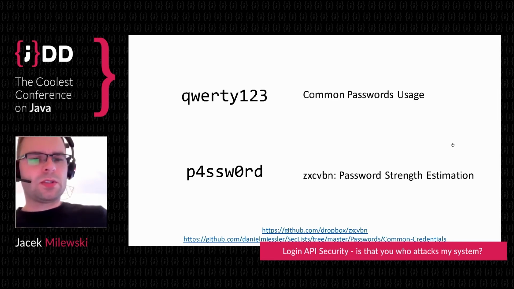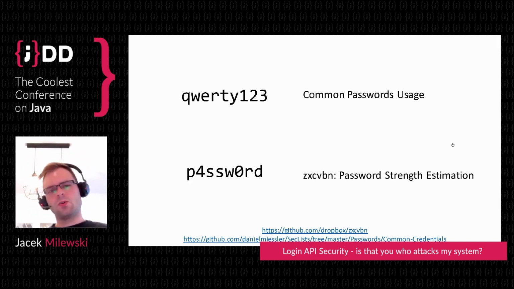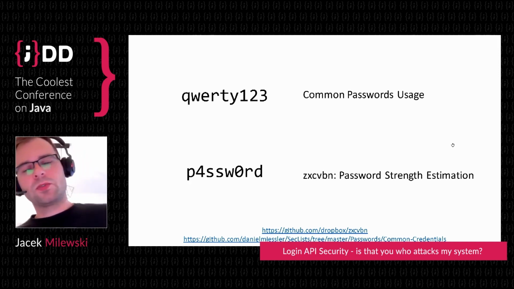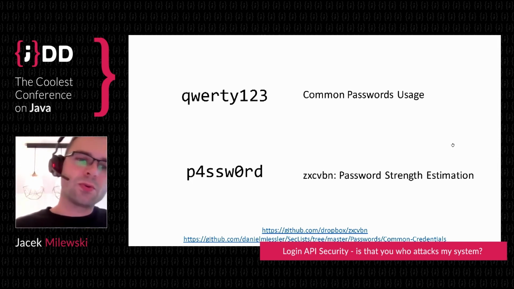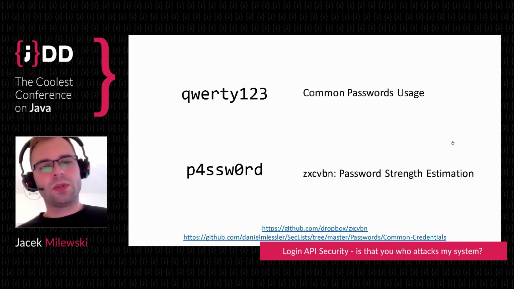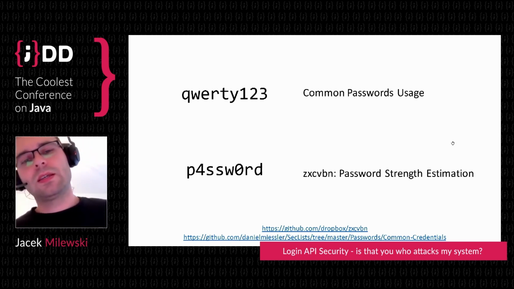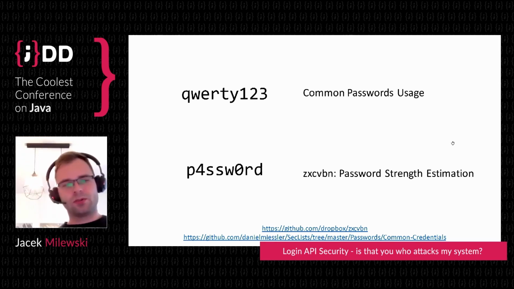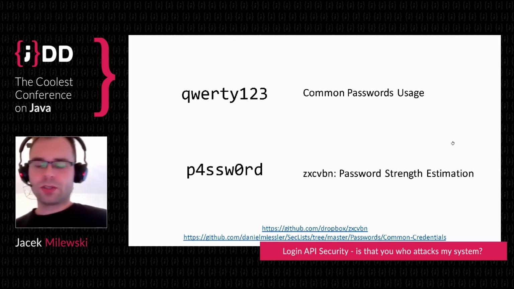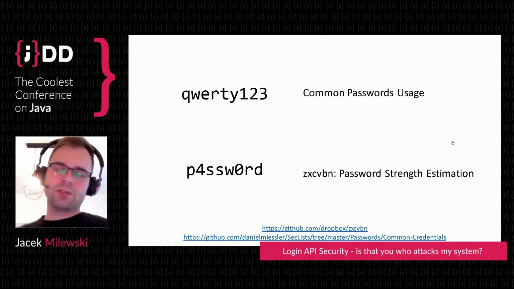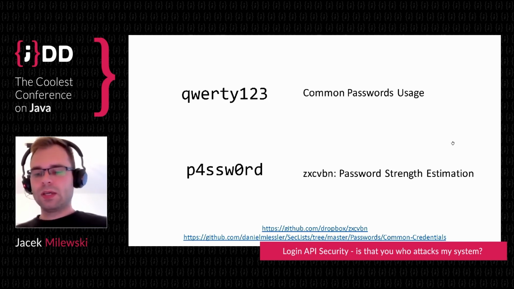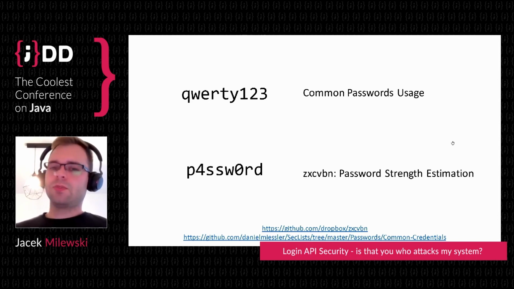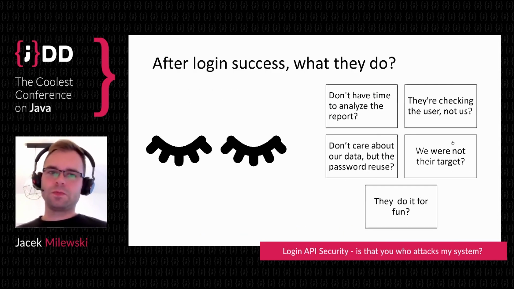There is this pattern that we can replace O with 0 or A with 4, and your password is more secure. That's not true, because an attacker also knows it. If you replace O with 0 in the word password, an attacker still knows it, and he will do the same. So we measured how many such replacements have to be done in order to guess our customer's password. Still, this number is very, very low. So our customers do have secure passwords. However, they are reusing them, and this is the issue.